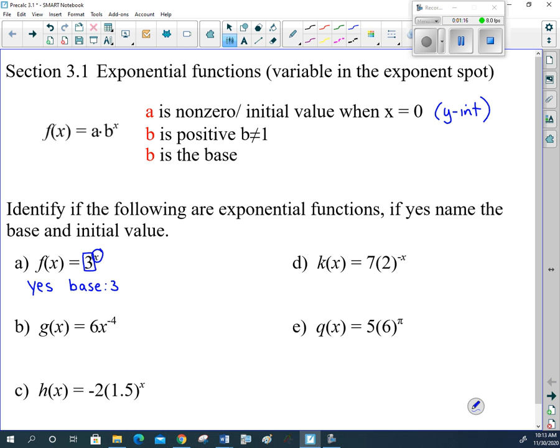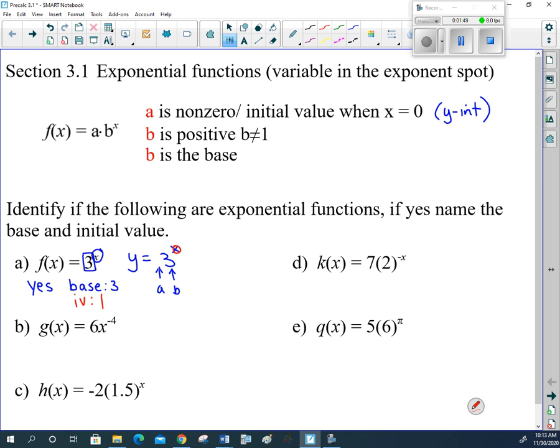And the initial value is when x equals 0. Let me rewrite this. If you put a 0 in, out in front is your a value, and this is the b. Right now the a is 1. We just don't write it because we don't write 1 times 3 to the x. If you put a 0 in for x, because that's your initial value, or your y-intercept, 3 to the 0 power is 1, so y equals 1. So the initial value